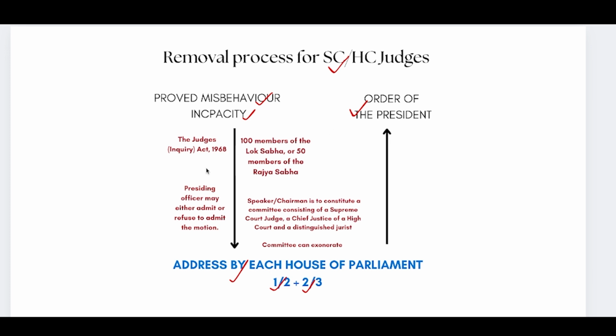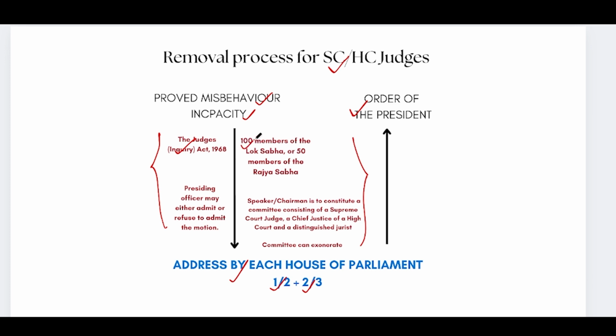But the rest of the provisions with respect to the removal process are not dealt with in the Constitution of India, because the Constitution says Parliament may by law create further provisions or procedures for the removal of judges of the High Court or Supreme Court. That is why the text that you see in the red color is dealt with not in the Constitution of India, but by the Judges Inquiry Act 1968, which says that